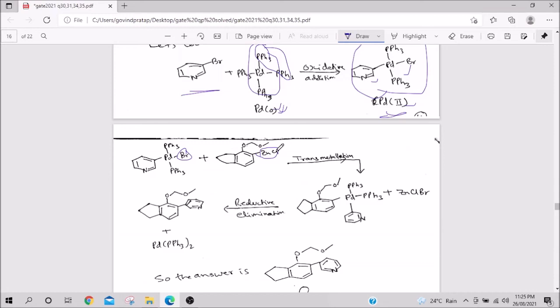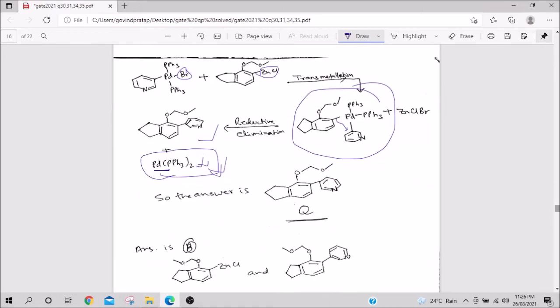So, here X is Cl, 1 is Br, and then this addition takes place, and then reductive elimination, this basically goes and attacks here, right, and Pd(PPh3)2 is again lost. This is Pd(2+), it will again undergo reaction, sorry, it is again Pd(0), but now the electrons are reduced from 18 electrons, it has become 14 electrons. So, it is reactive, still it is Pd(0), right, and the reaction goes on. So, it is as simple as that. So, your answer is Q.